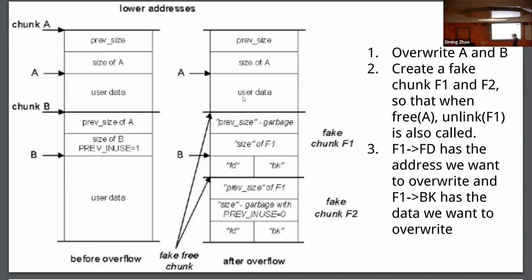Okay, let's say here we have two fake chunks. The first one has a size of itself, a forward one, a backward one, and we pretend this one is not really in use. The second one is also not in use, so we have forward and backward. Then we have the previous size of this one and the size of itself. Then when we free A,